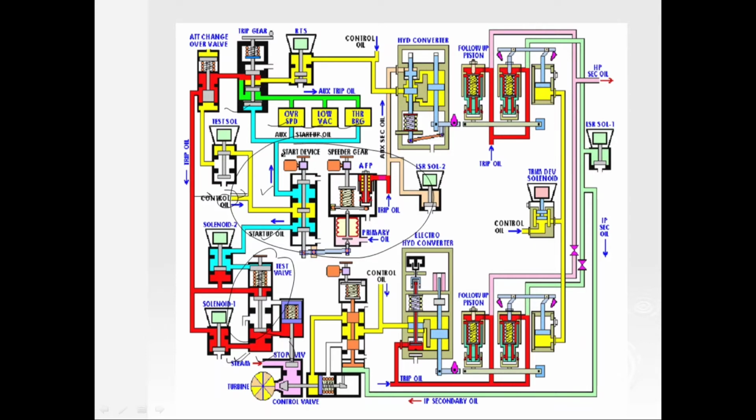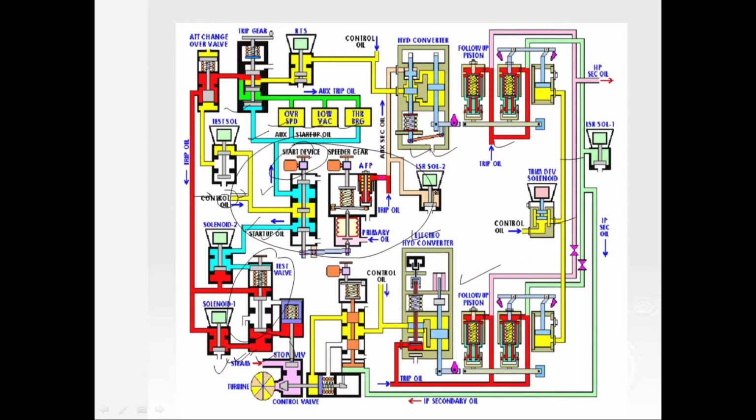After that, the auxiliary startup oil and startup oil drain out, and trip oil and auxiliary trip oil hold, and our turbine is reset. This work is done by the starting device. This is how our system works. Now this trip oil which is generated is utilized in opening the stop valves. The same trip oil is used in the governing hydraulic converter and ESG converter, and then it goes through the follow-up system to control valve openings.